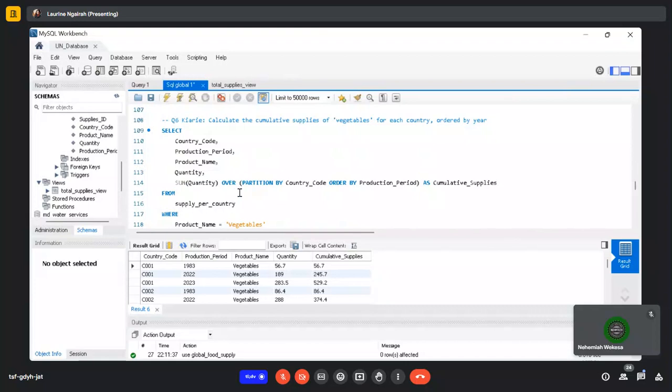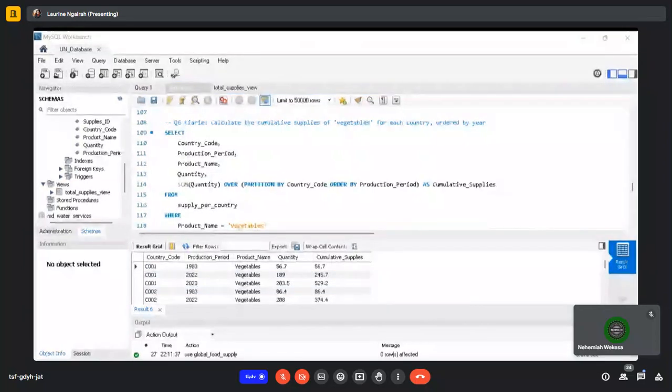So we are trying to, let me just go back to the question. We are trying to calculate the cumulative supplies of vegetables for each country. Then we order them by their year. So we are supposed to partition this